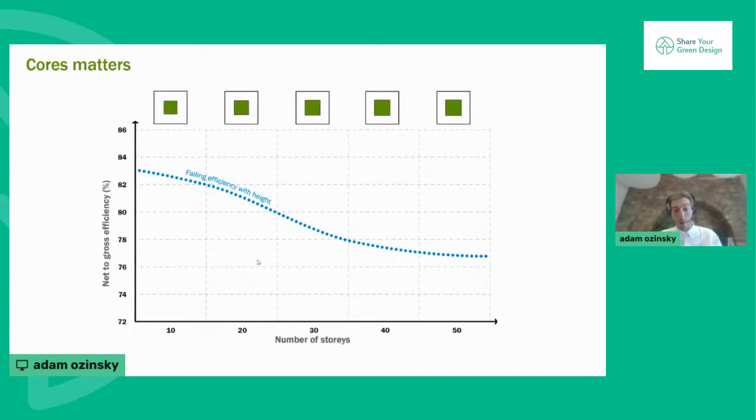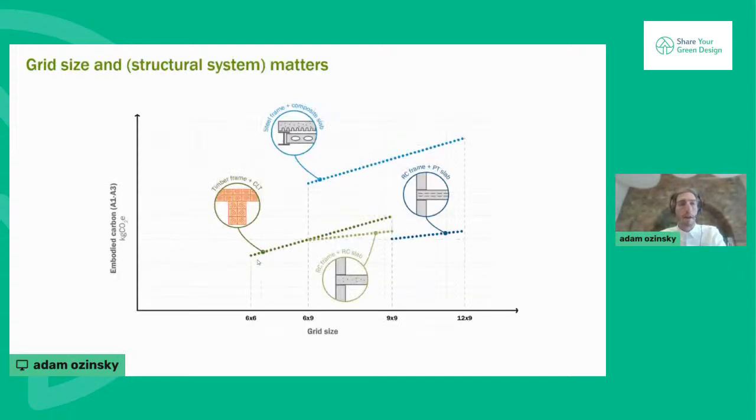I think it also raises another interesting point, which is, certainly in the UK, all the carbon targets are based on gross floor area, not net floor area. And I think there's a case to be made for using net instead, which is the actual useful part of the building project. I might spend a little bit of time on this one, which is the idea of grids